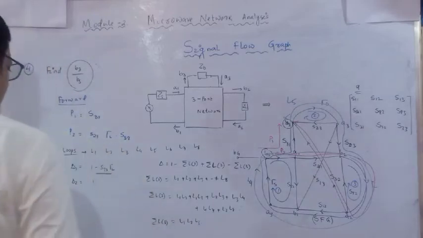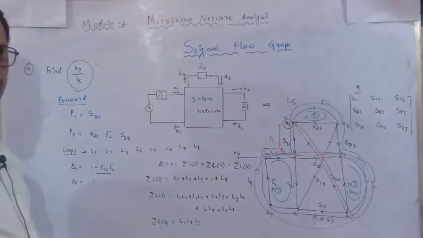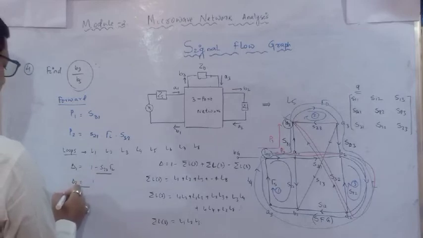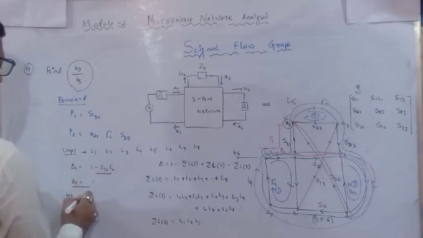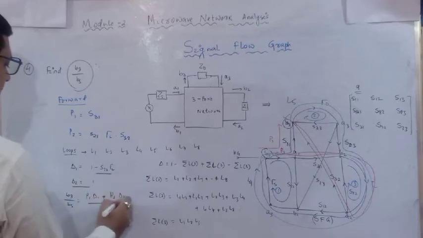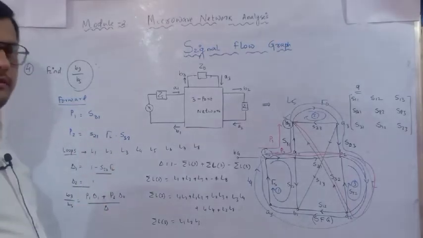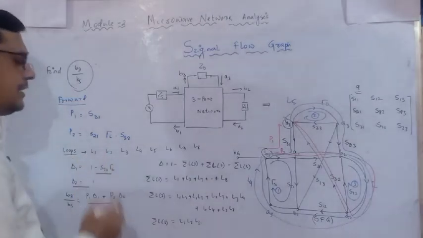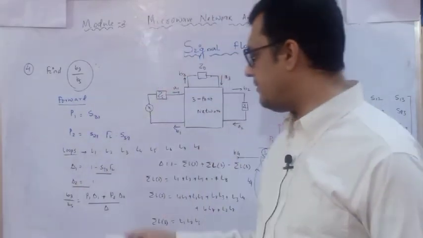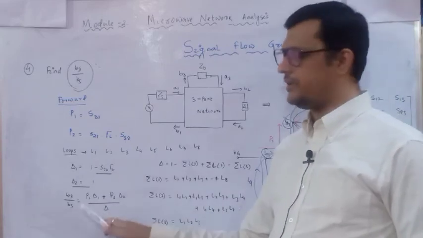Now this is with respect to path 1 and with respect to path 2. So del 2 is 1, and del 1 is this much. Now I will write B3 by Bs is equal to P1 del 1 plus P2 del 2, divided by del. Whatever the function of P1, substitute here; whatever the function of del 1, substitute in this; whatever the value of P2, substitute in that relation as well as in del 2, divided by this whole del. So substitute this value here.